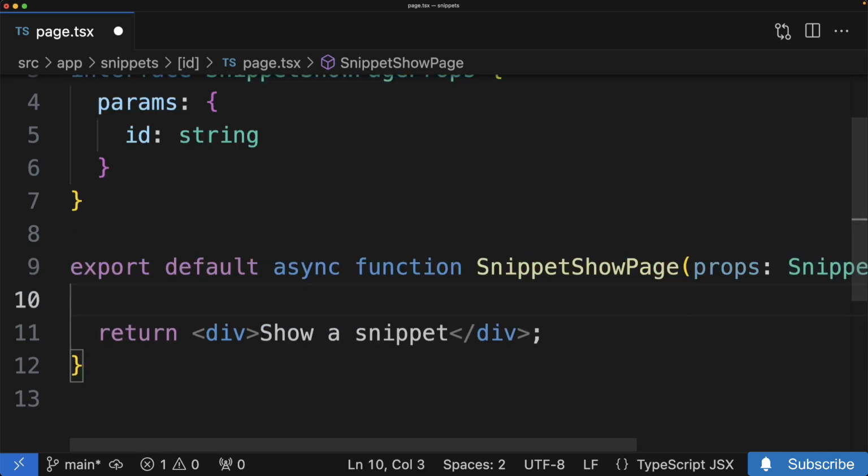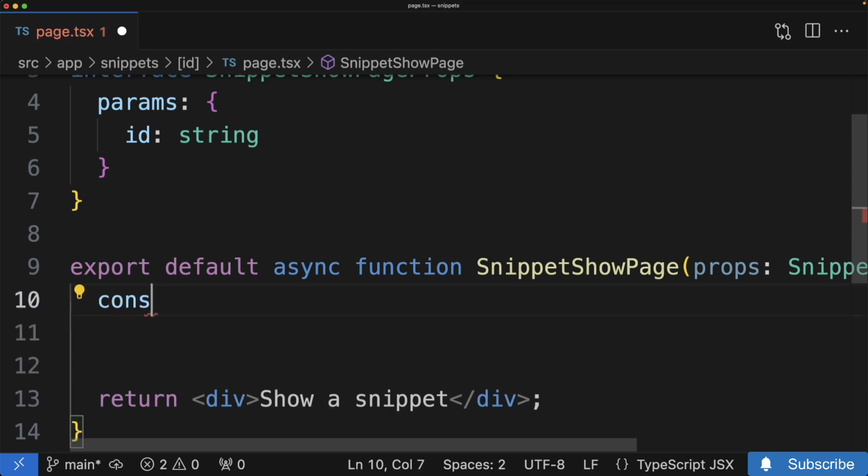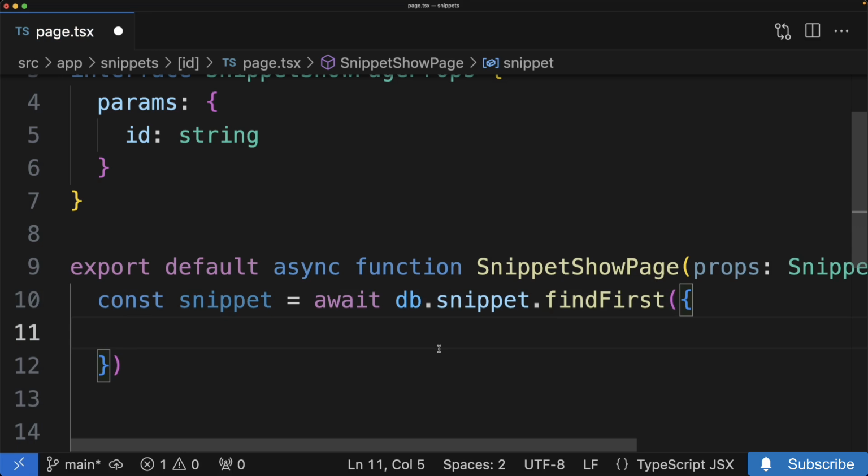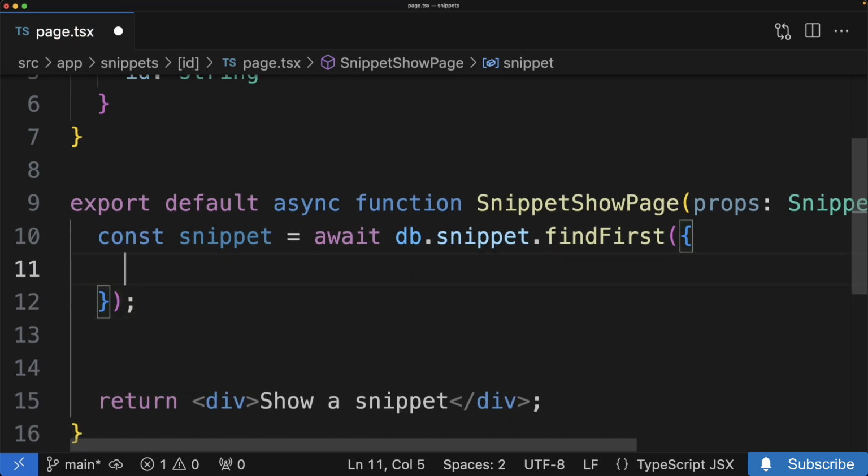Okay, next up, we need to reach into our database and fetch the appropriate snippet. So to reach into our database, the query we're going to use for that, and we will await db.snippet.findFirst. That's how we find some particular record out of our database. Now, when we call findFirst, we're going to put in an options object, and inside of here, we need to specify some information about what snippet we're trying to find. So we're going to try to find one based upon its ID. So to do so, we're going to pass in a where with an object, and inside this object, we're going to say try to find a snippet that has an ID equal to